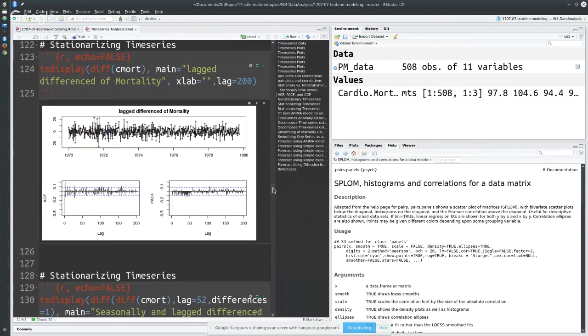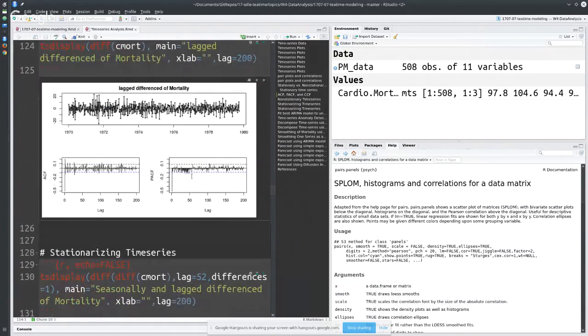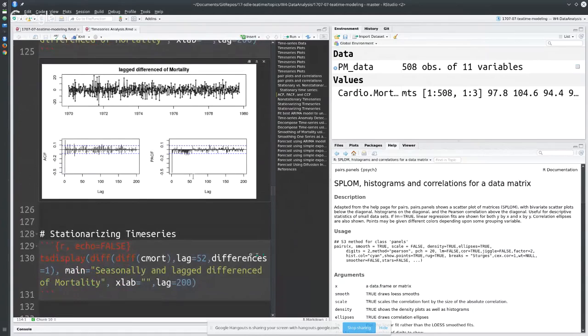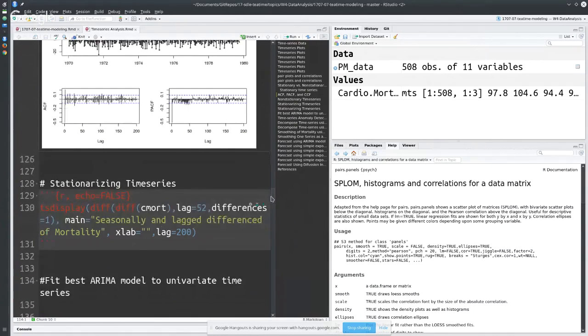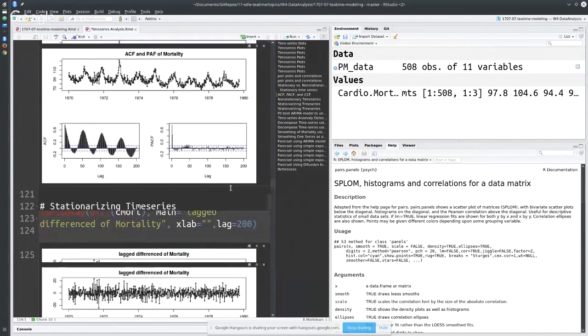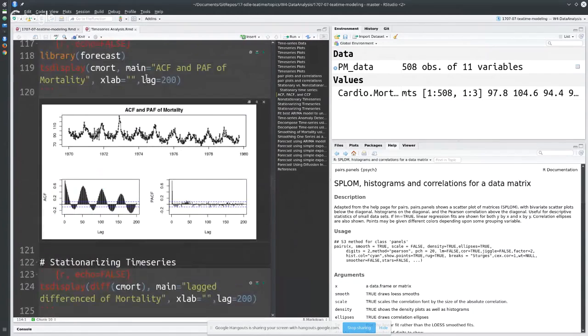Looking at the autocorrelation function and partial autocorrelation function for this case, we can still see so many significant lags, specifically in the partial autocorrelation function. This means we have correlation between lags. If we have seasonality, remember, before doing any differences we figured out we have a seasonality pattern, and it's obvious from our time series that it repeats every 52